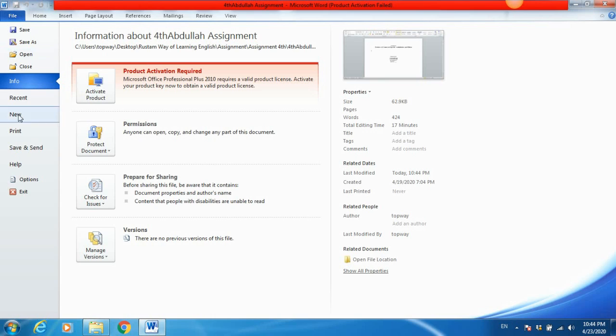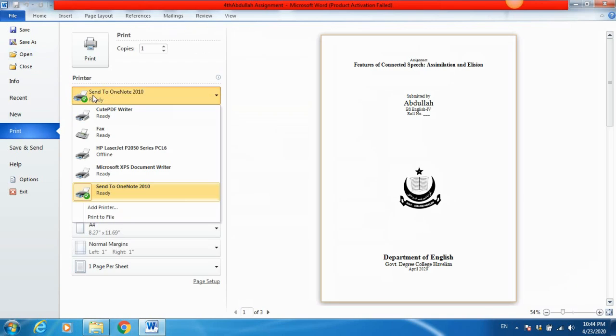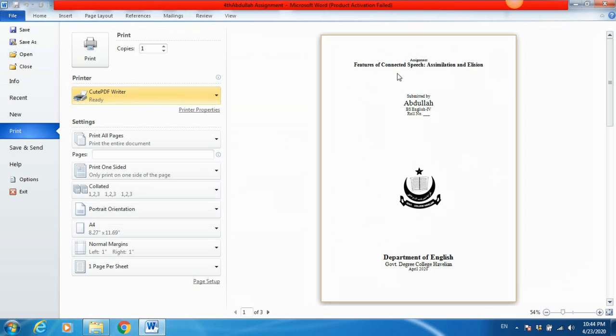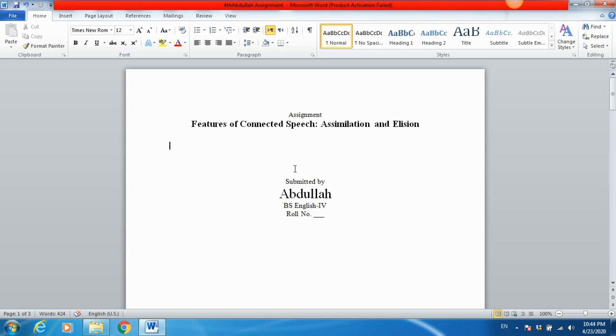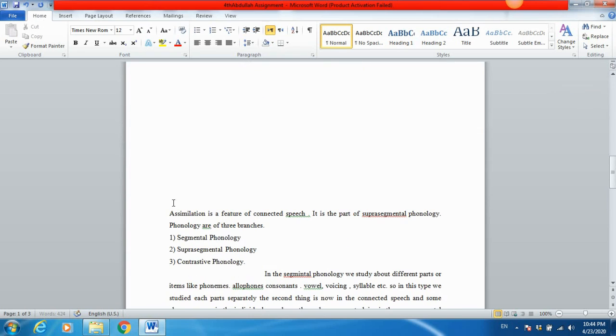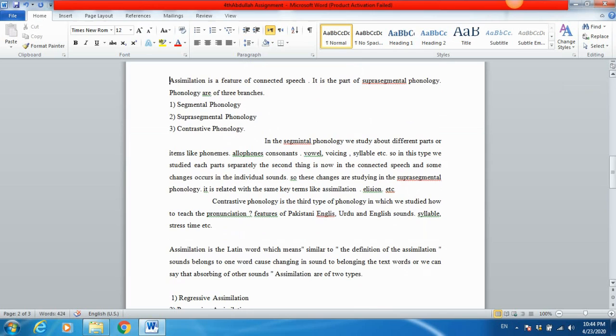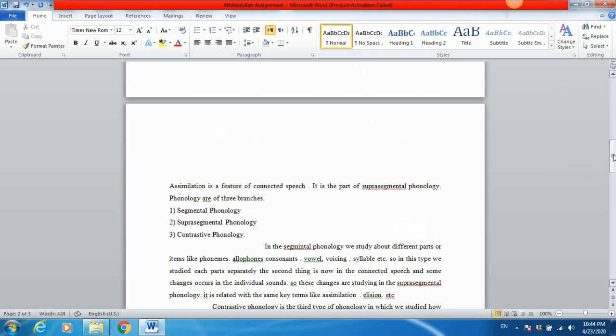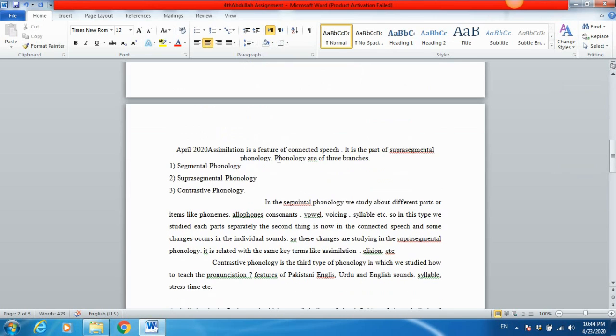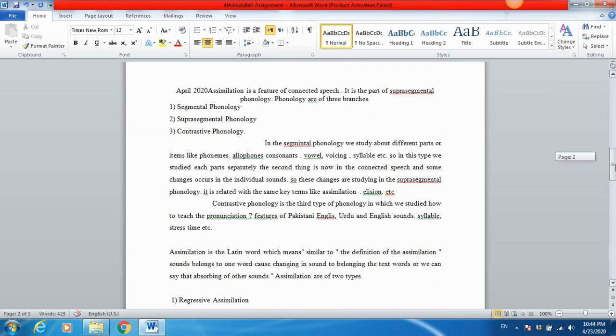In order to have the preview, go to the file menu and click on print. Okay, print, then you can select your printer. Okay, now see, this is your title page in front of us here on the right side of the screen. Now click on home so that you can get back. So after designing your title page, you can bring your cursor here and press the backspace button, so that you are now here. So your document is now ready.